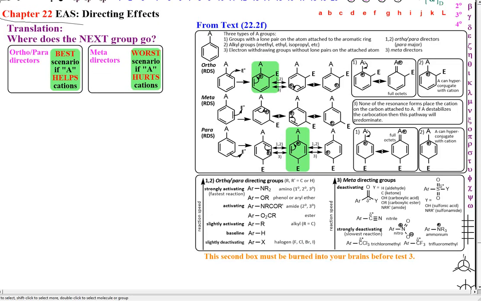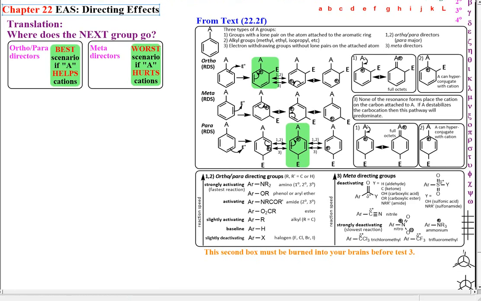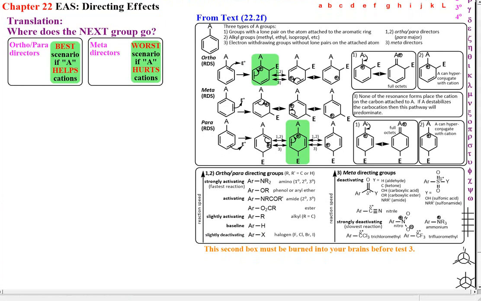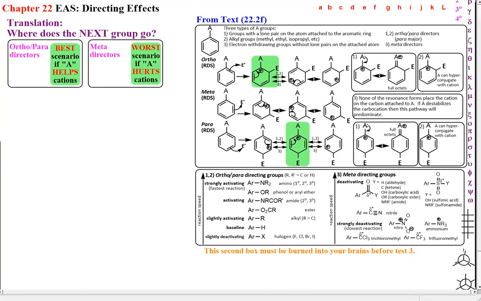In this video, we're going to explore directing effects in electrophilic aromatic substitution. What does that mean? It means if there's already a group on the aromatic ring, where does the next group go? So our symbol for a group that's already on the ring for this whole discussion is going to be group A. The three mechanisms, the mechanism that creates ortho product, meta product, and para product,